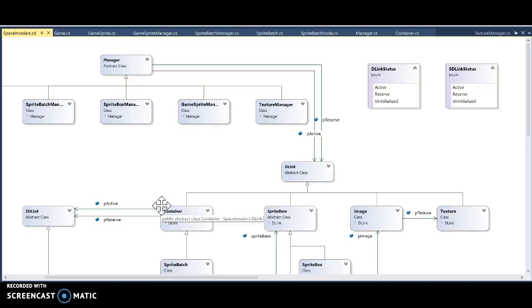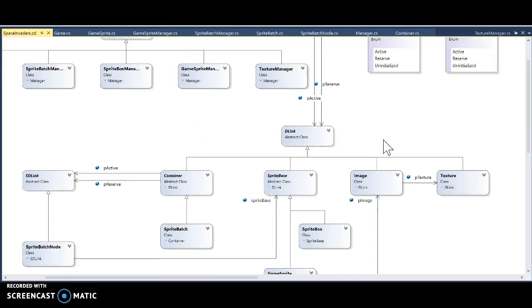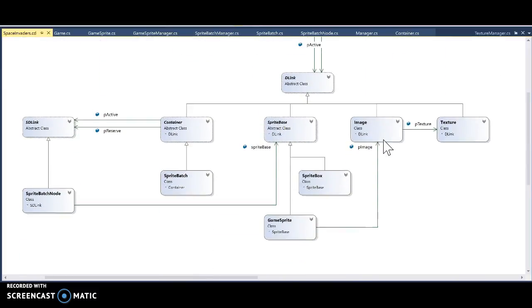So right now we are creating the Space Invaders game, and it's just a prototype. We are proceeding forward with sprites and textures and sprite managers and stuff. So this is the class diagram. This is the UML I have implemented up to